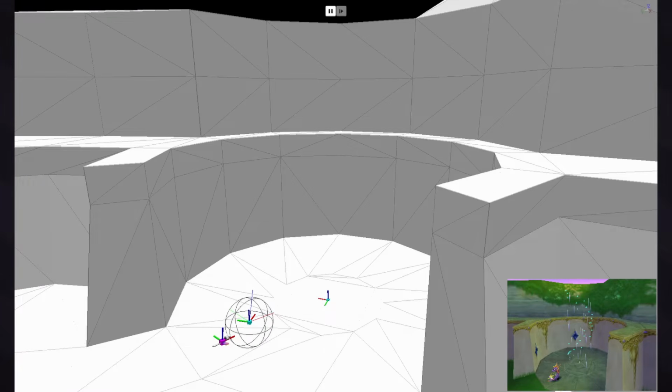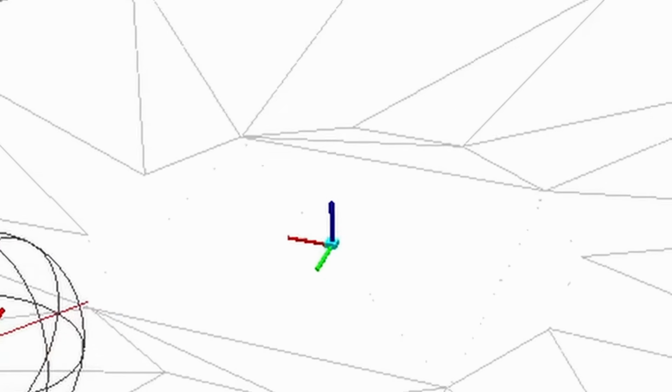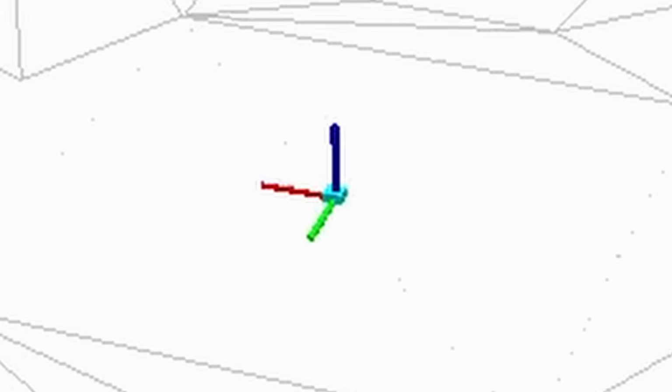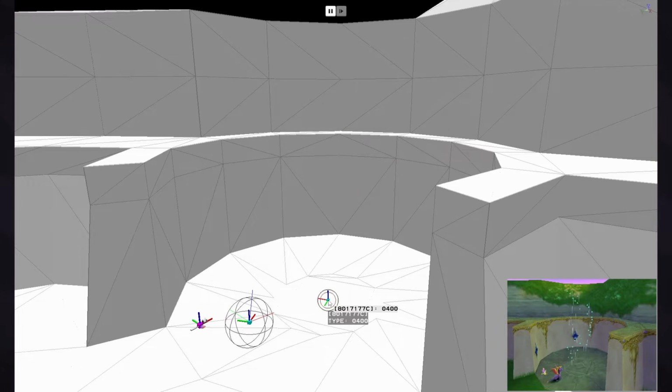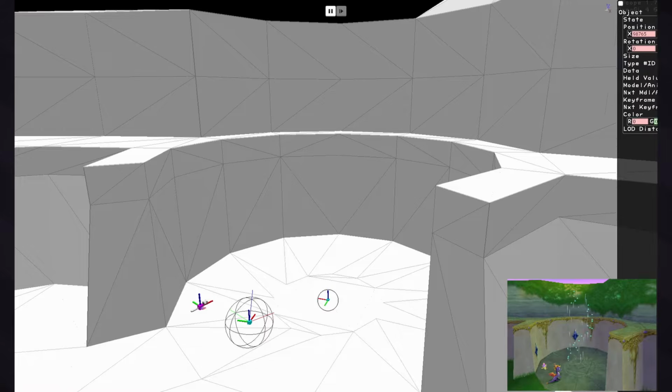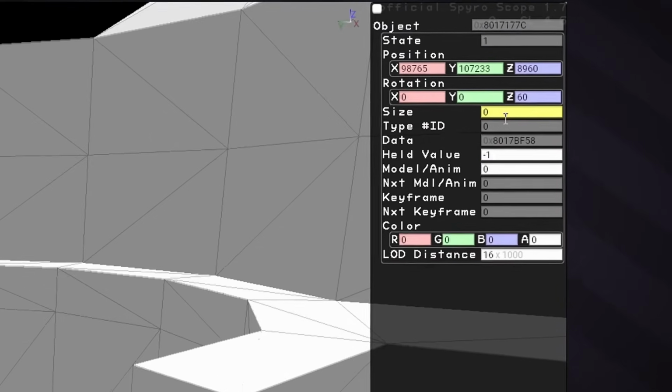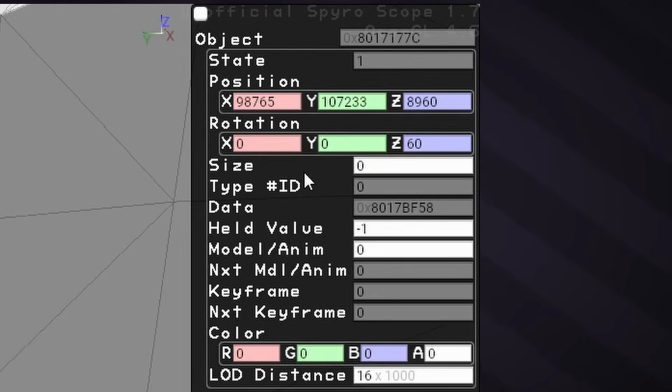An object, or Moby as they are also called, is generally represented by these small 3D axes, and some may have a model displayed. They can be clicked on to see further details about them. After selecting, by moving the mouse to the right edge of the window, the inspector panel will slide open. The first row will show the RAM address that holds all of the following basic info